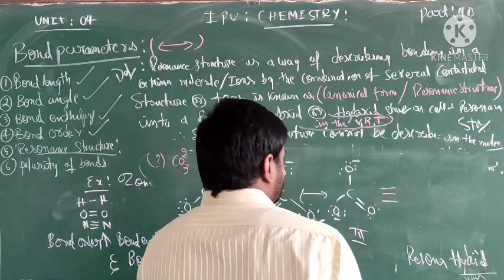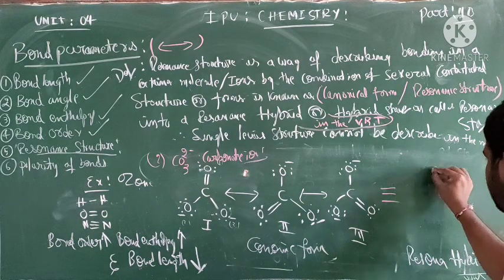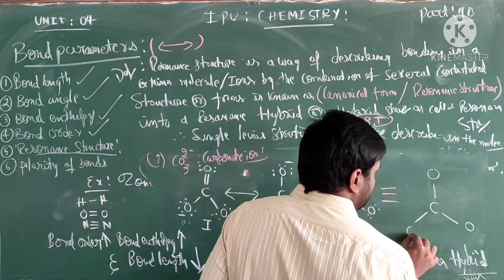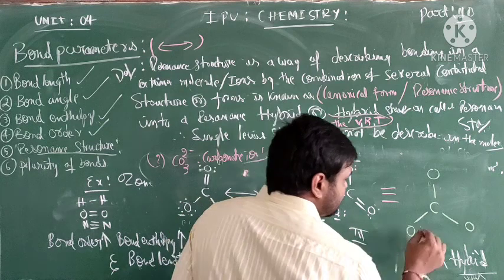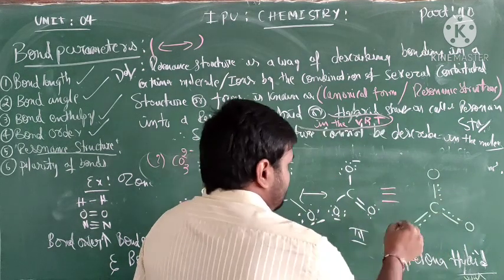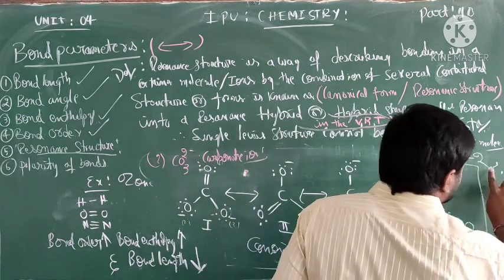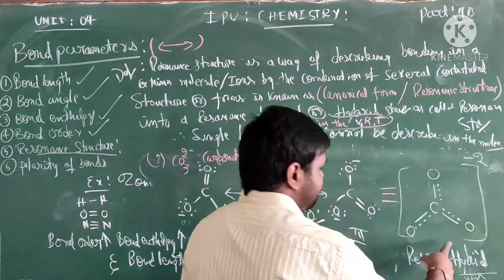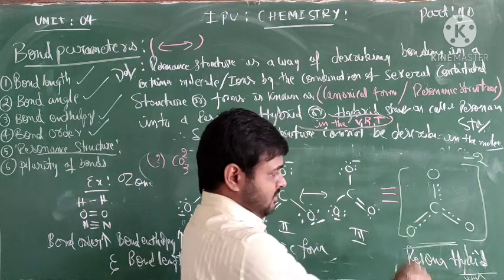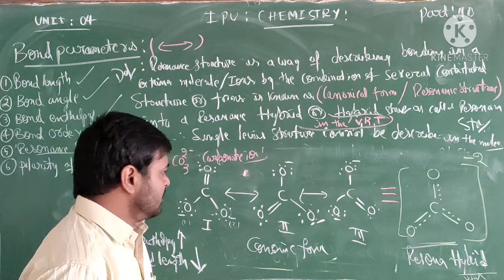Okay. So resonance hybrid structure is oxygen, clear? Okay, this is the resonance hybrid structure of carbonate ion. Okay. So just to see here,